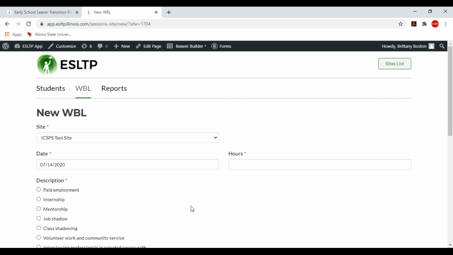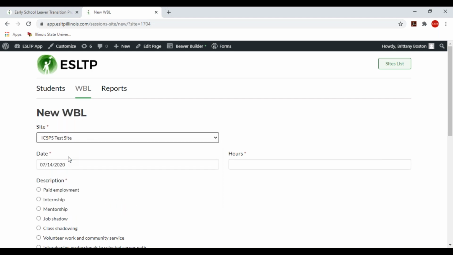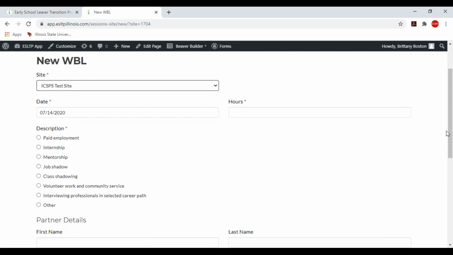So if you are keeping your student information up to date and you are keeping the status of each of the students up to date, so that active, inactive, completed, and pre-eligible, if you click on this, now obviously you see all of the other sites, but you can create a group work-based learning experience for those active